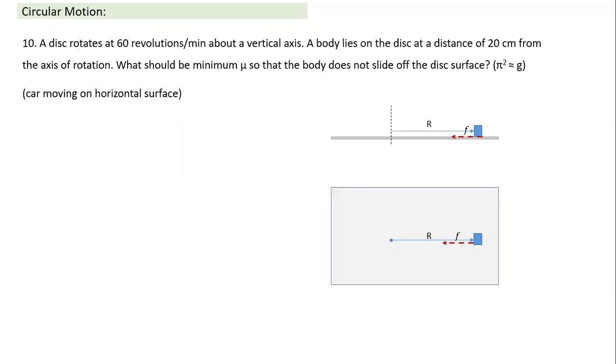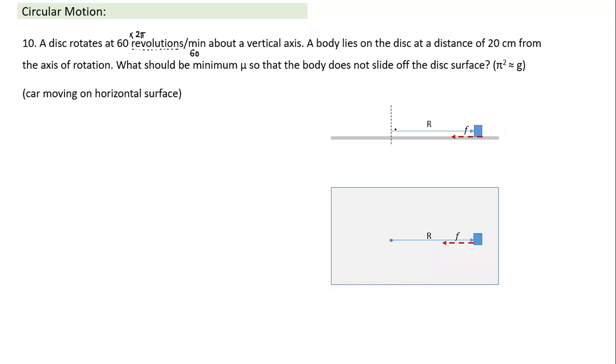Now we move on to circular motion in the horizontal plane, and a number of varieties of questions may come. Yesterday also we talked about a disc rotating like a gramophone disc. So something like this, the disc is rotating and it has 60 revolutions per minute. First of all, I think some of you are not comfortable: how do we convert 60 revolutions per minute into omega? Each revolution is equal to 2 pi radian, so I want to convert it to radian. Each revolution I'll multiply by 2 pi, and the minute is converted to seconds. 1 minute is equal to 60 seconds. So multiply by 2 pi by 60, it converts into radian per second.